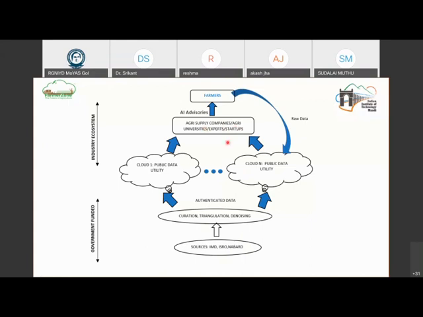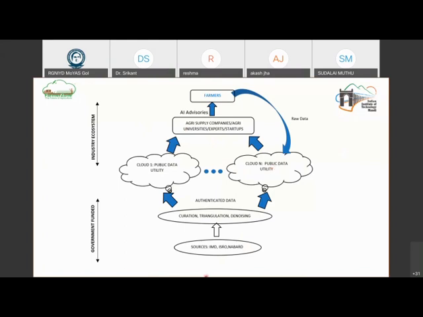So farmers may not directly connect to an AI system or some Google Cloud or something to figure things out. But these intermediate persons who are educated and who lie between data scientists and farmers may be the right customers for us. So they will be able to get the value out of the system and then deliver it to the farmers in a way that is beneficial for them. So then finally, the other thing is from the farmers itself, we have to collect a lot of raw data, and that also comes in.